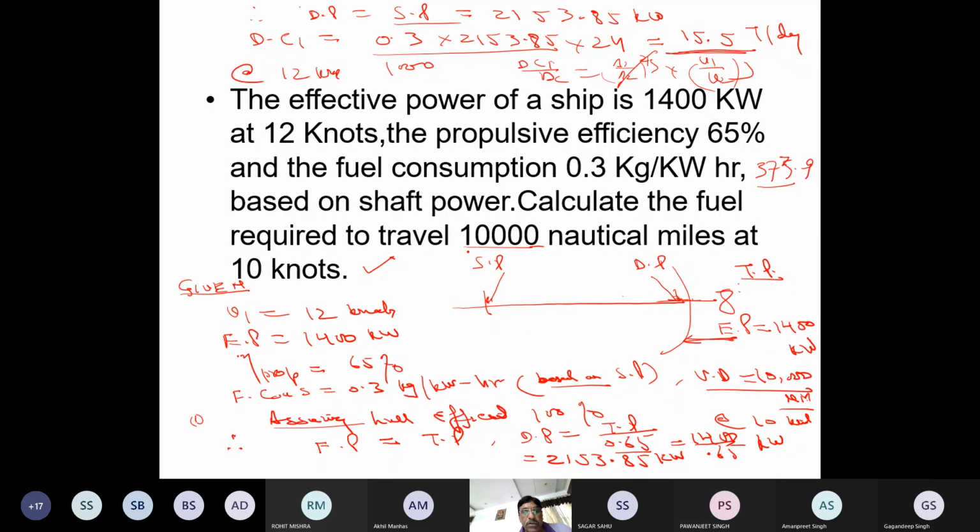This is the voyage consumption for this distance at 10 knots. तो इसमें 10,000 डिवाइडेड बाई 10 तो हर हालत में करना ही है, हमें नंबर ऑफ डेज तो निकालना है ना। 10,000 डिवाइडेड बाई 10 डिवाइडेड बाई 24 तो वॉयज डेज आ ही गए, मल्टीप्लाइड बाई डेली कंजम्पशन। अगर वॉयज कंजम्पशन फार्मूला निकालोगे तो दो वॉयज का डाटा चाहिए आपको। चाहे पहले में वन डे वॉयज ले लो, 12 नॉट्स में एक दिन का डिस्टेंस निकाल लो, और फिर सेम चीज़ है। I don't see any difference in both, जैसे मर्जी कर लो। लेकिन ये सब कार्रवाई करनी पड़ेगी। DC1, ये जो अभी तक हमने सब निकाला है, वो निकालना पड़ेगा।